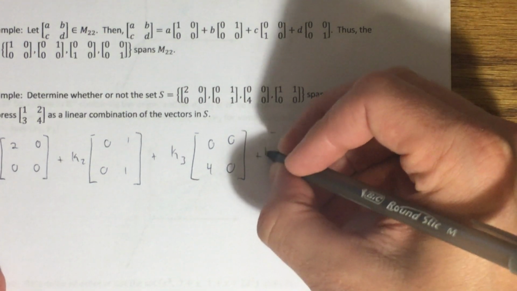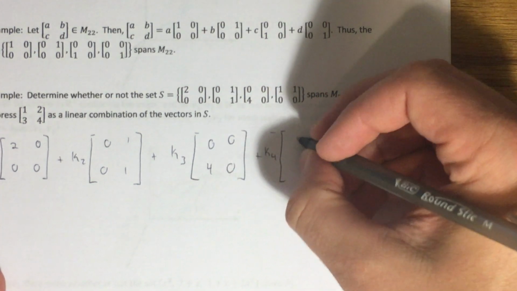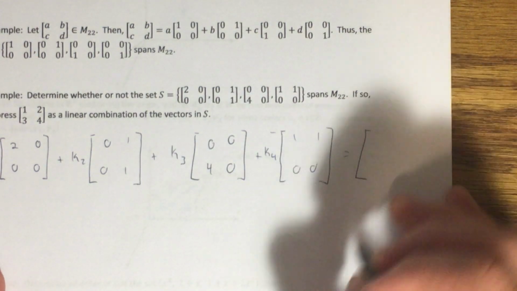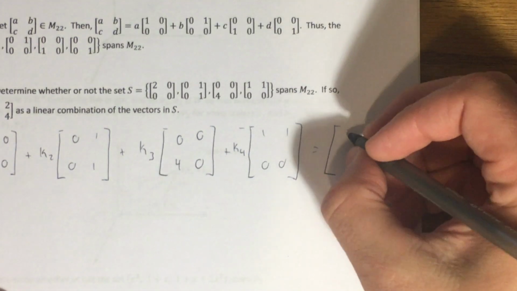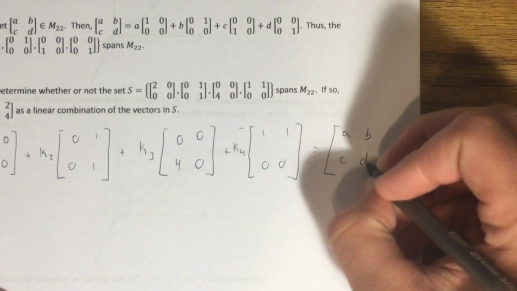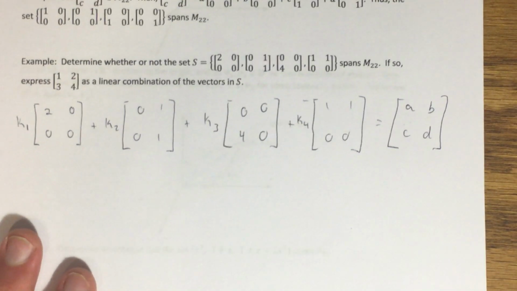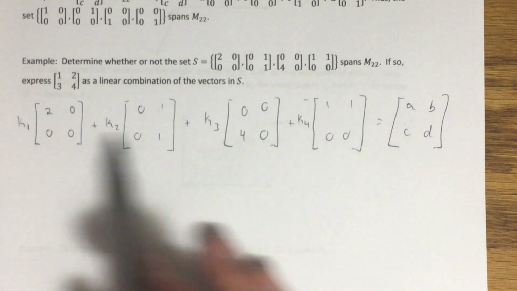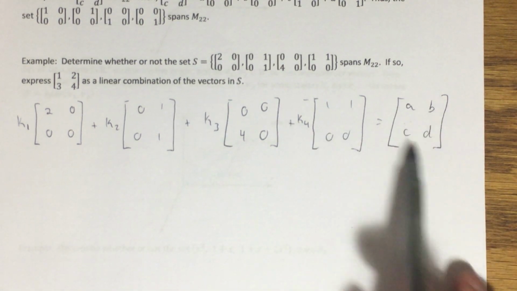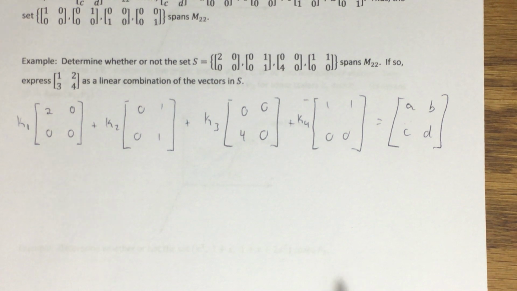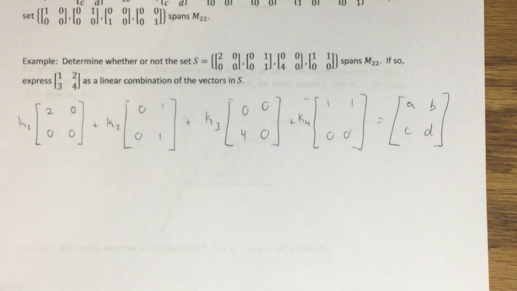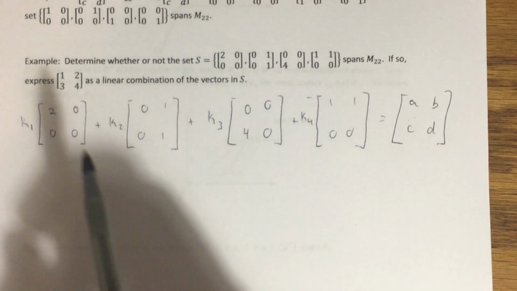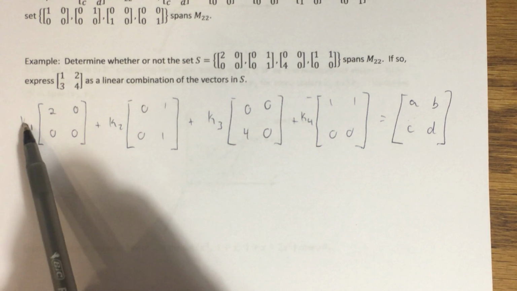plus K4 times the next one 1, 1, 0, 0, and I want that to equal the arbitrary matrix A, B, C, D. Okay, so basically if I can find scalars K1 through K4 such that when put into this linear combination here can generate this matrix regardless of what this matrix is, then I will have shown that this is a spanning set for M22. Now, in order to do this, what I want to do is turn this into a system